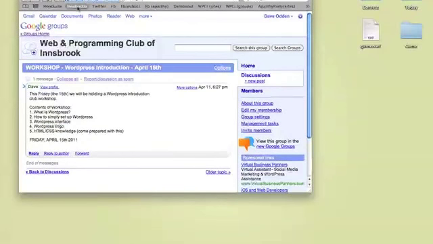to kind of go over how to simply set up WordPress. And while that is happening, I'm going to pull up